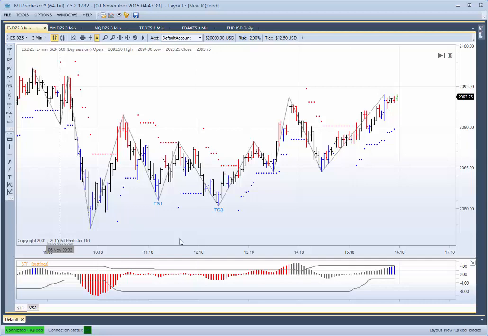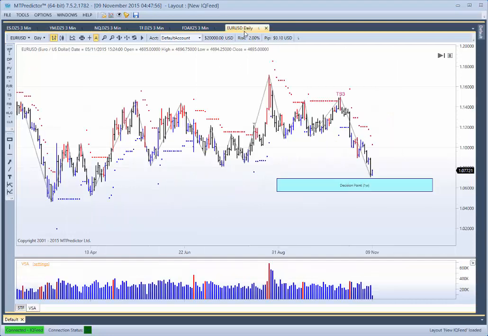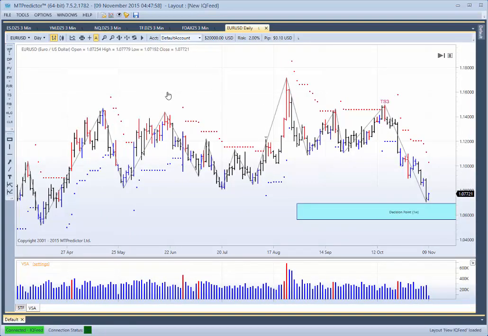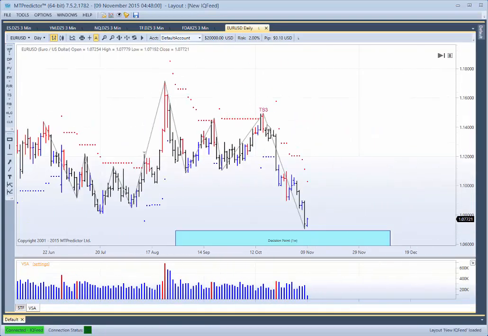So for the more experienced MTPredictor customers, we use the higher time frame chart and our DPs. In other words, we use these because these are leading indicators. So let me show you what we do. We normally go to a time frame between 3 and 5 time frames higher. So for example, this nice chart we're looking at here on the euro, this is a daily chart with a